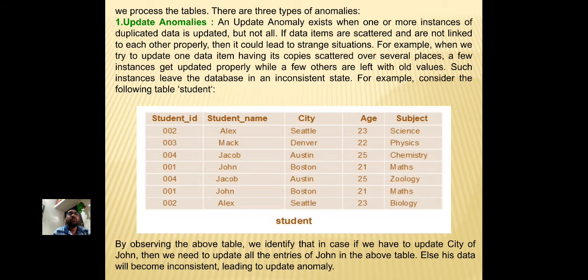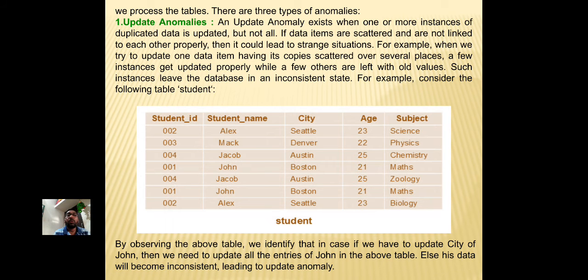For example, when we try to update one data item having its copies scattered over several pages, a few instances get updated properly while a few others are left with the old value. Such instances leave the database in an inconsistent state. For example, consider the following table: student ID, student name, city, age, and subject.